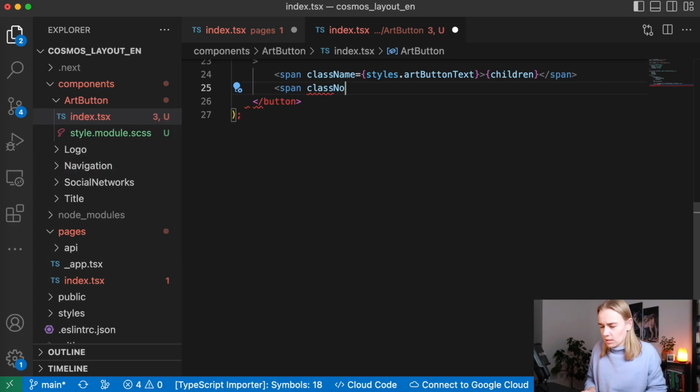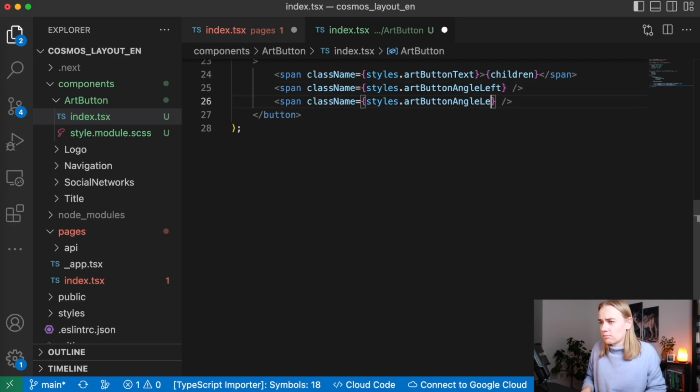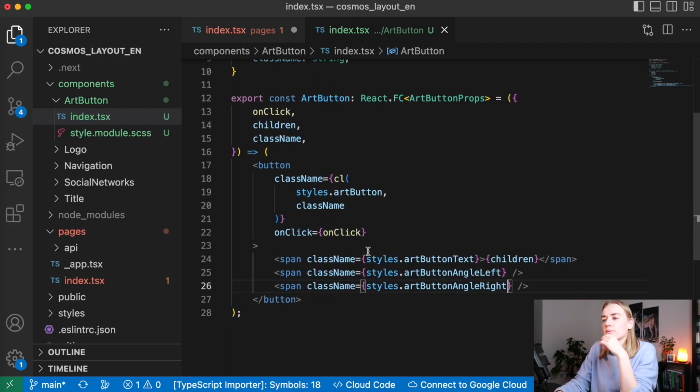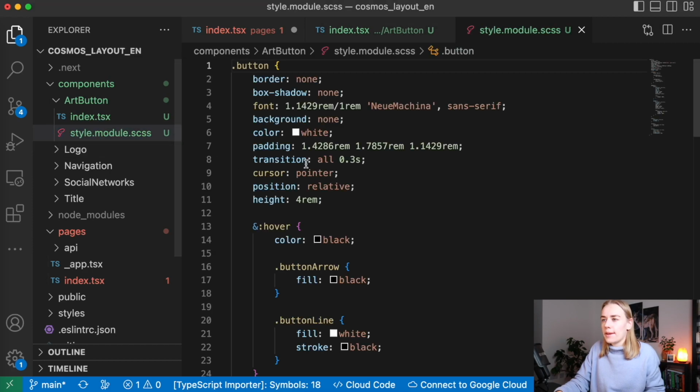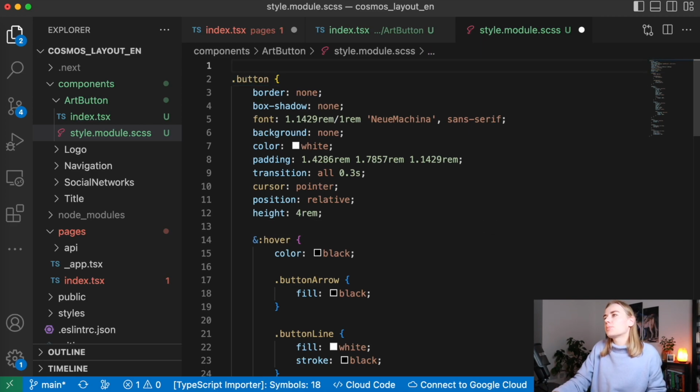Not sure that I call it right, but I believe you understood me. Styles ArtButton angle left. So, and this is for angle left and angle right. Everything else we will do with pseudo elements, and it will be enough for us. So what we need to do here, we go to styles, and first of all I need to put some